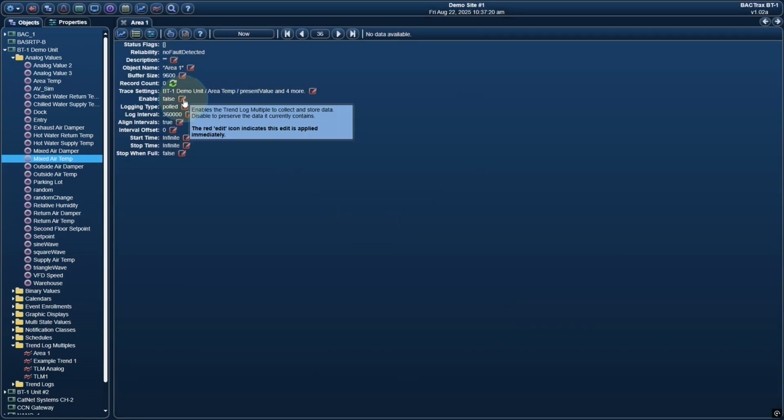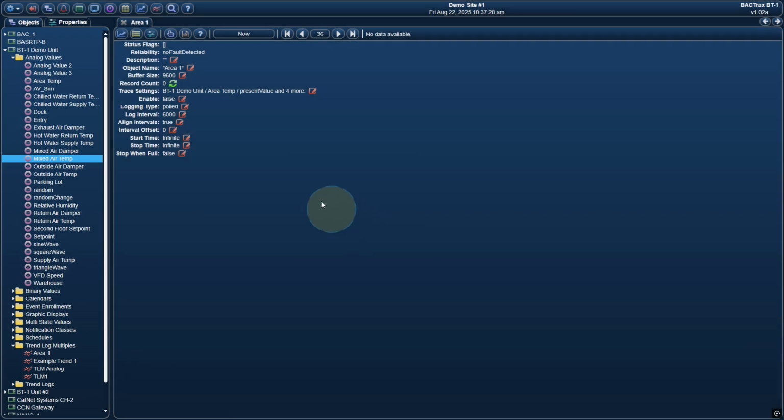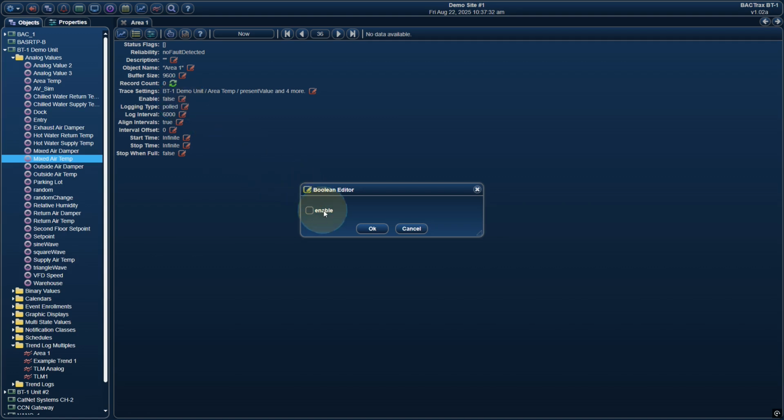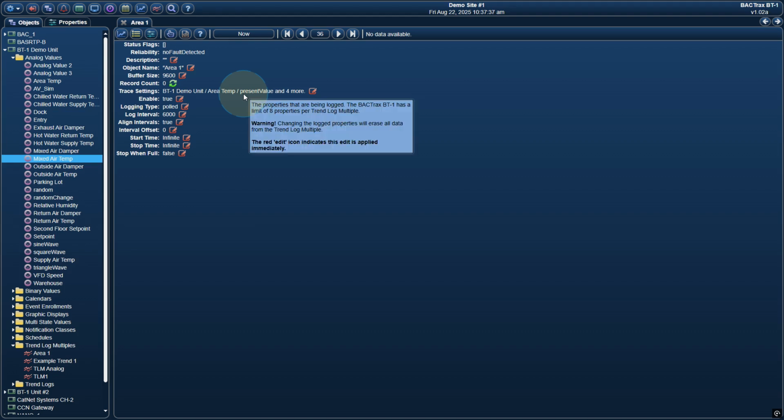Next, we need to set the log interval. The default is 1 hour. This is specified in hundredths of seconds, so let's use 6,000 or 1-minute intervals. And finally, we need to make sure that the trend is enabled. We should have our first reading when the minute changes, so let's take this time to go over the other